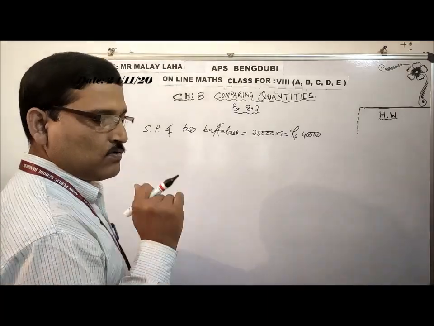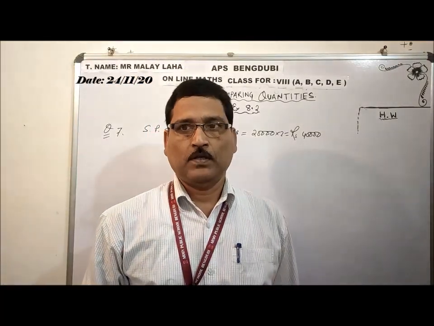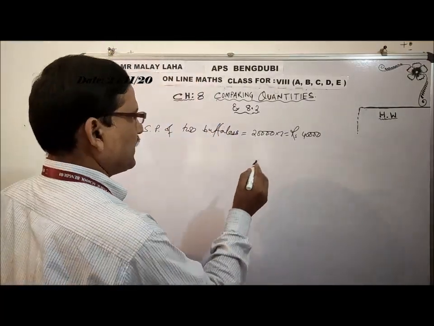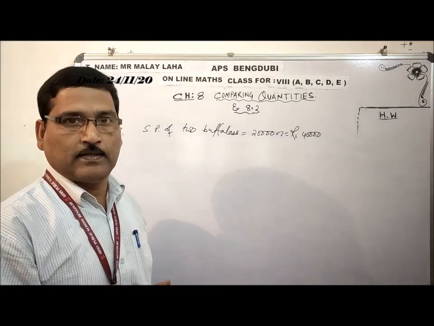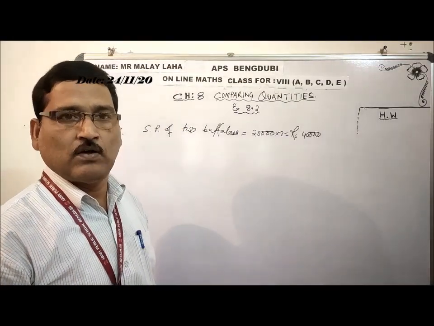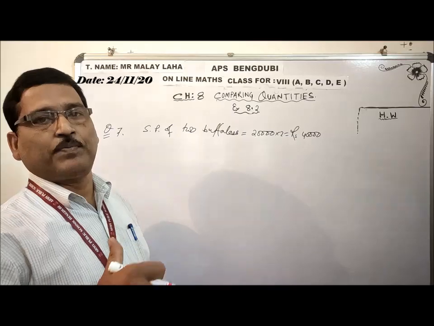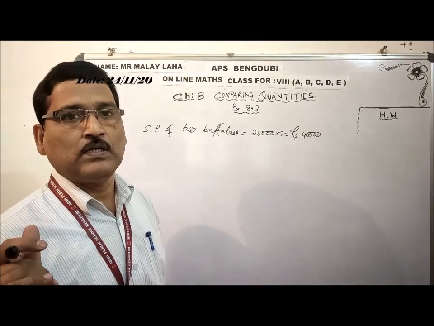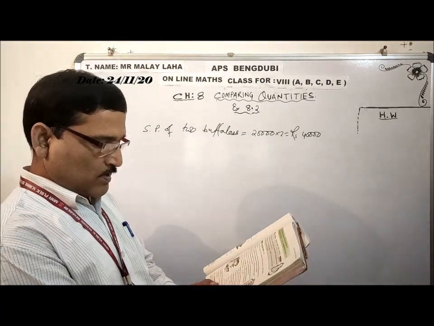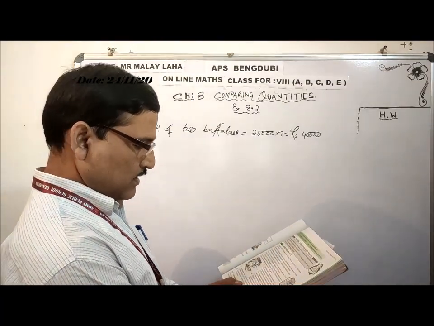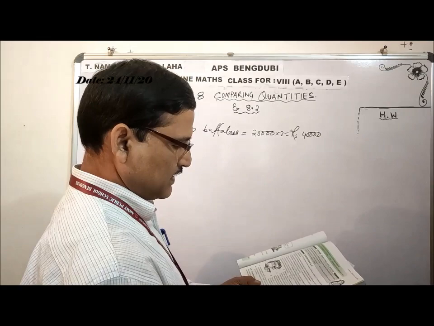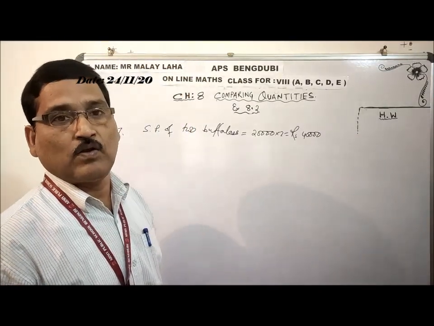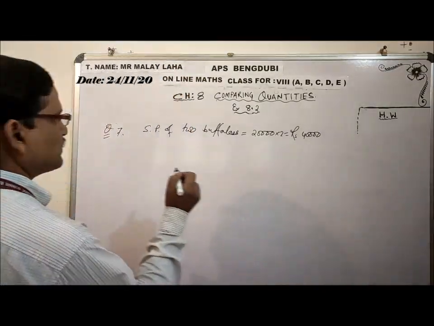Clear? Now, by selling this way, 20,000 each, he has made a loss on one and a profit on the other. What is the cost price? You have to find out. The first one made a profit of 5%, and the second one made a loss of 10%. Same as the earlier question.